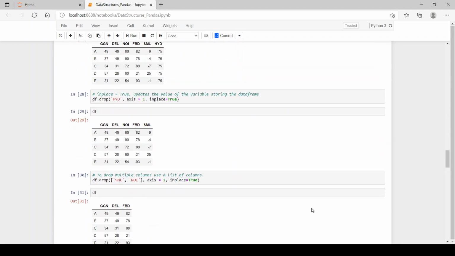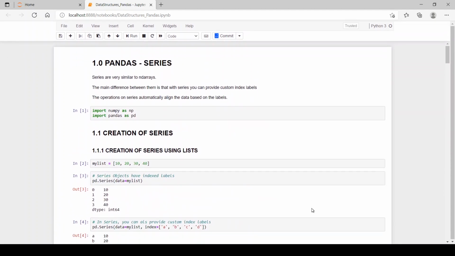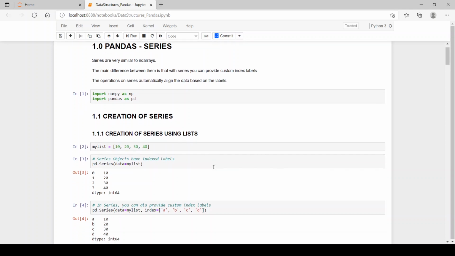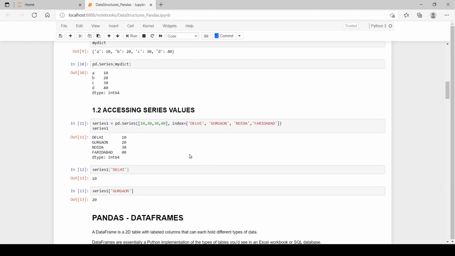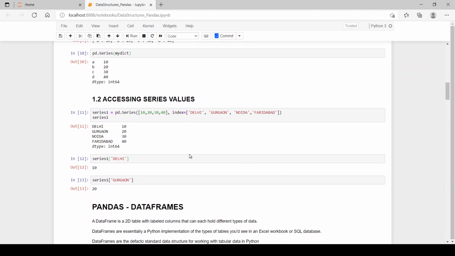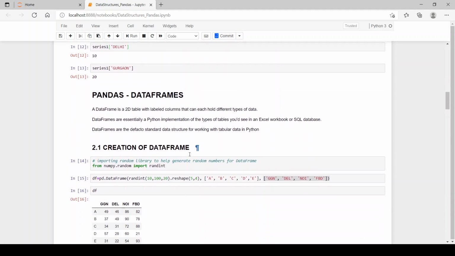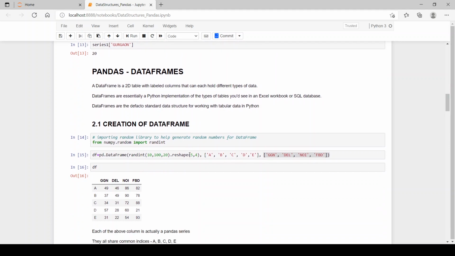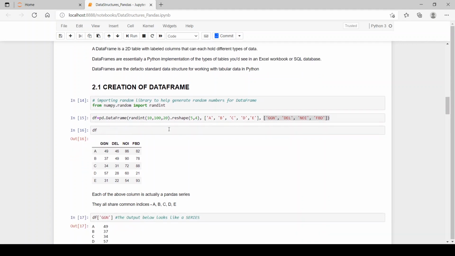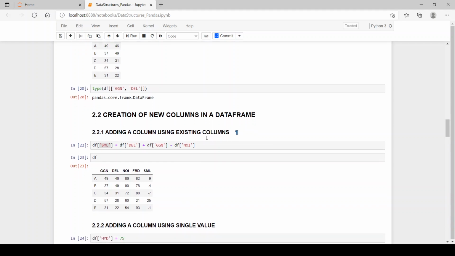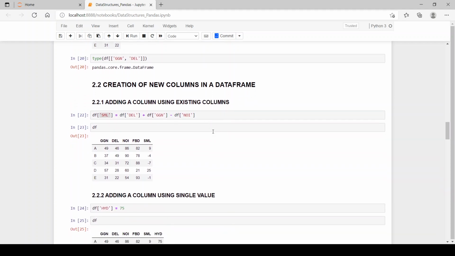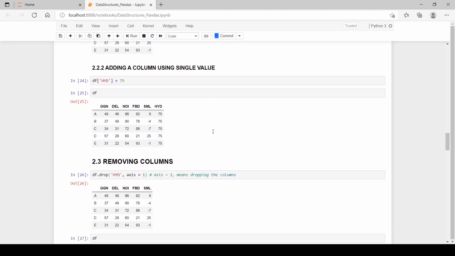We have discussed series and data frames. We have discussed how we can create series using lists, arrays and dictionaries. We have also seen how we can access series values. We have seen what pandas data frames are. We have also seen how to create a data frame. Then we have also seen creation of new columns in data frames and how we can add a column using existing columns or using single values.